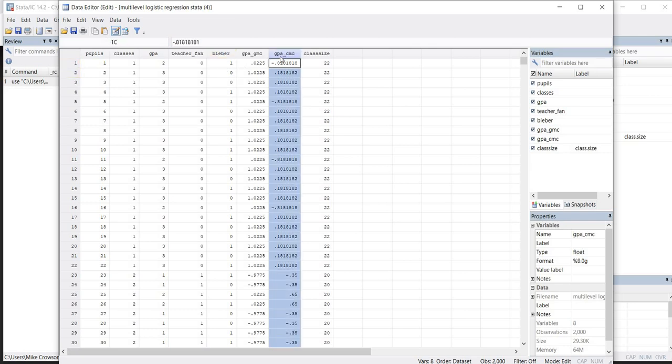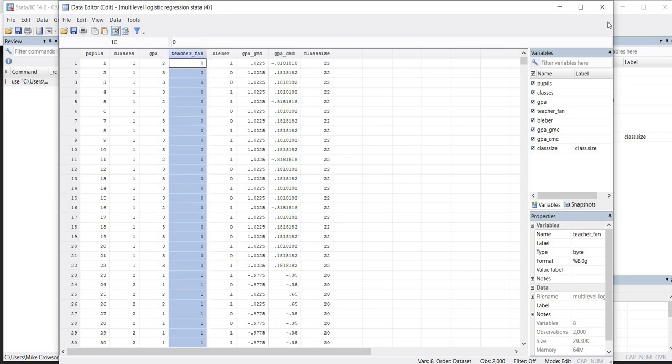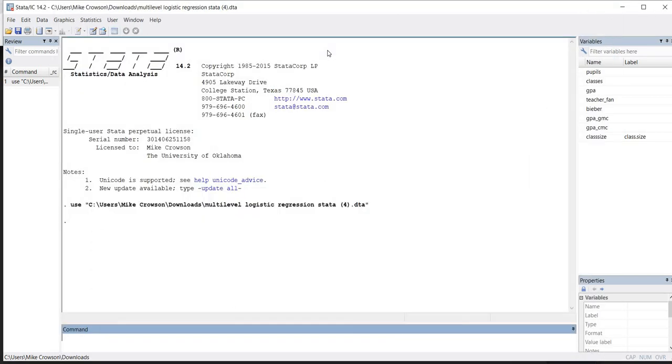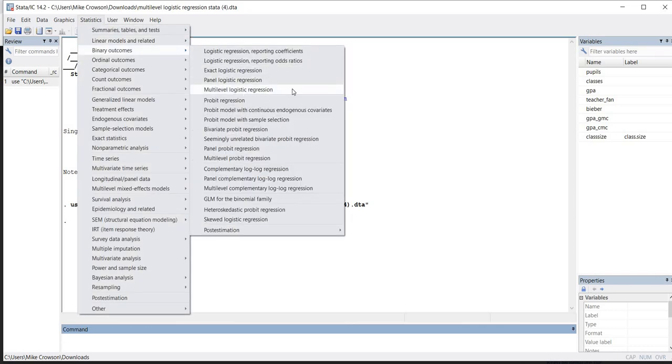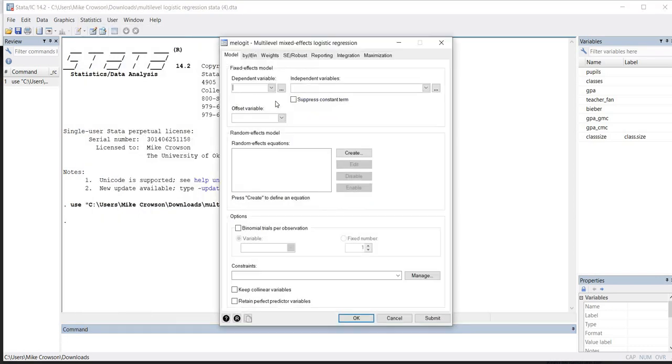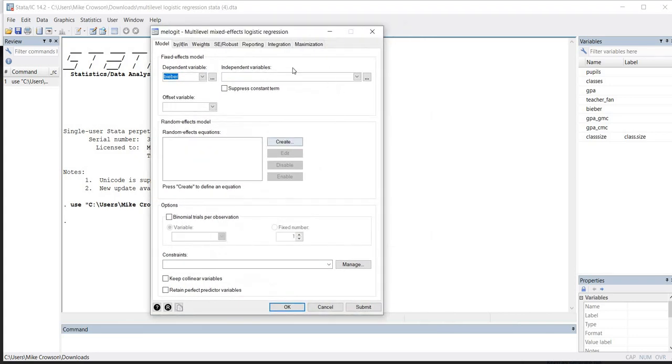We have the level 1 predictor, which is GPA, and then we have the level 2 predictor, which is this teacher fan variable. So to generate the results from the intercept only model, what we will do is go under statistics, then binary outcomes, and then multi-level logistic regression right here. So we'll select as our dependent variable Bieber, and then next we will select create